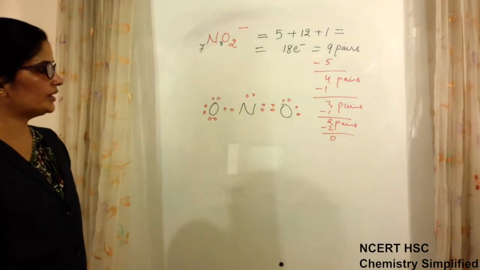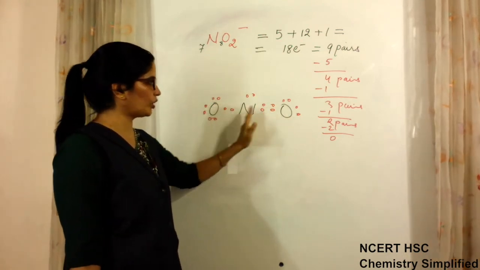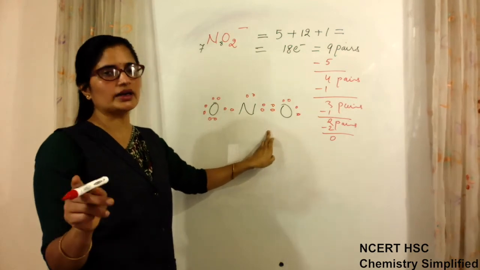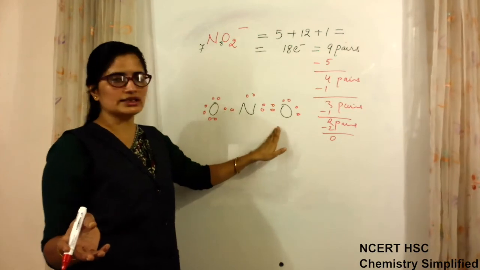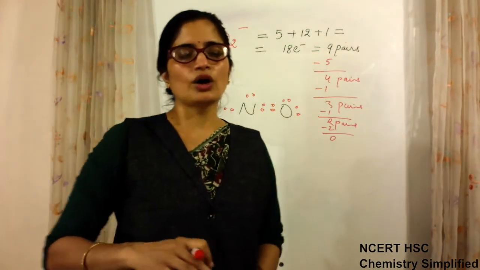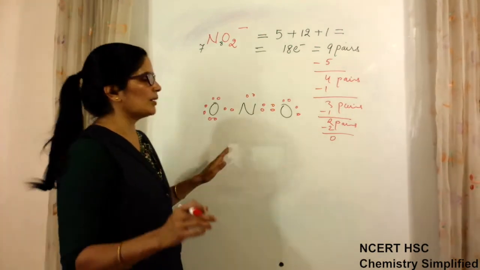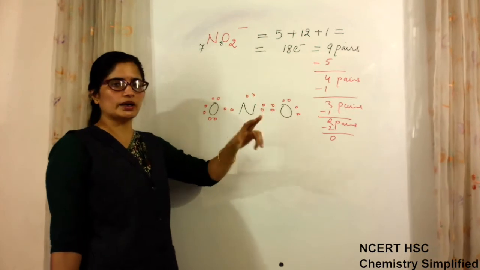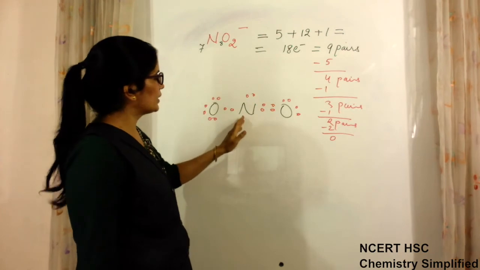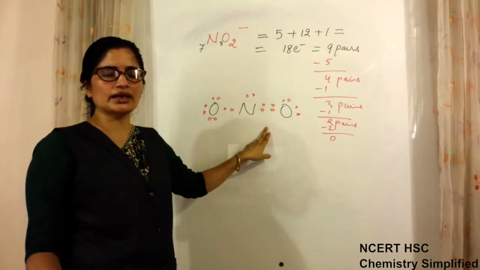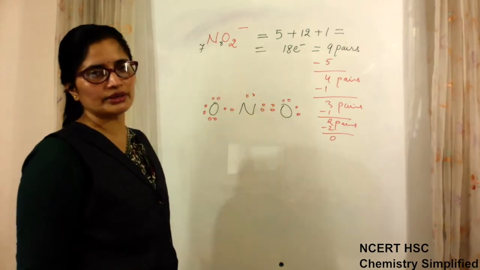Okay, so first thing what we have to do is that we have given one lone pair, then bond pair. After that, try placing one double bond. Okay, any one side. So when you place one double bond, because it is not possible in such structures that all the bonds are single and the octet of each one is complete. So most of the times you require to place one double bond or sometimes triple bond also, any side. So in those cases you just see after placing, if it is not coming correct, you can change the place also, but once you have to place and see whether it is helping to complete the octet or not.